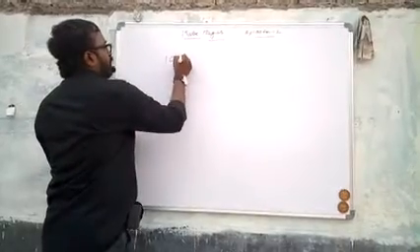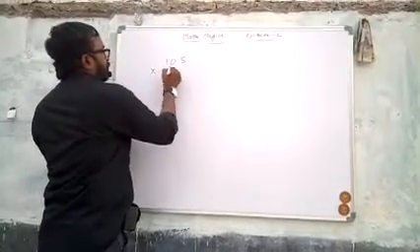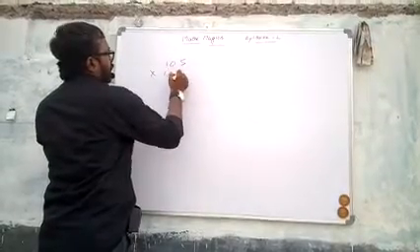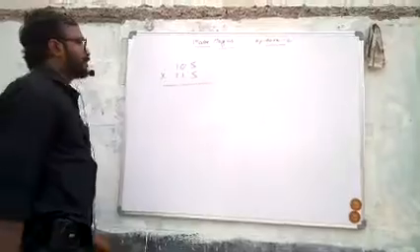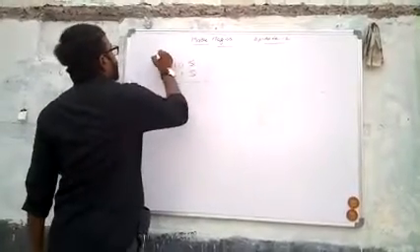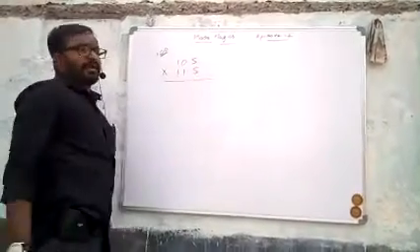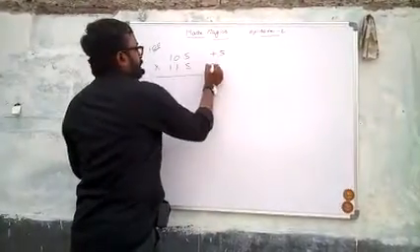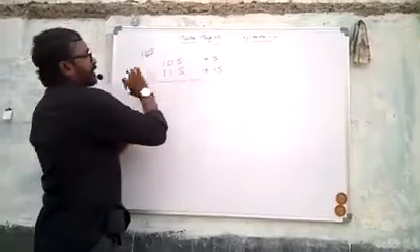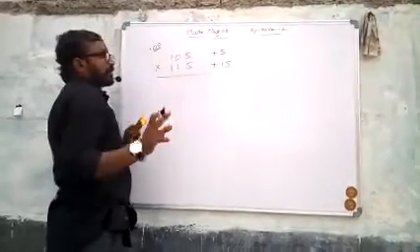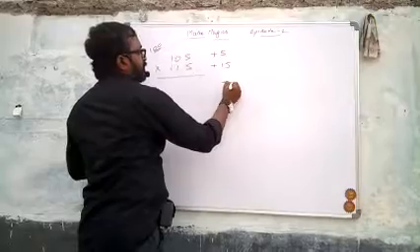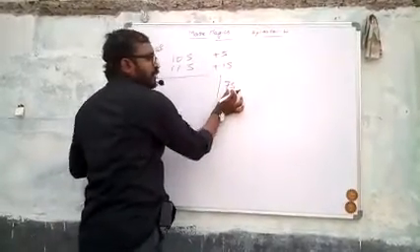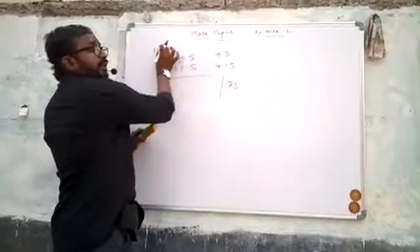For example, if you want to find 105 into 115, the product of these two numbers, see, its base is 100. It is more than 100 by 5. If it is more than 100, use the plus symbol. 5, and it is plus 15. Its base is 100, it has two zeros, remember. 15 times 5 is 75, plus into plus is plus, 75. Use oblique here. 75 has two digits, no problem here because there are two zeros.